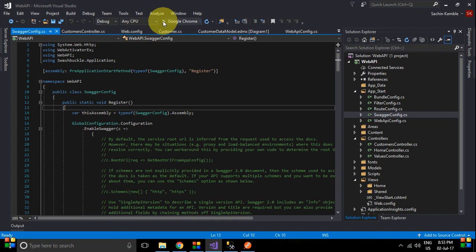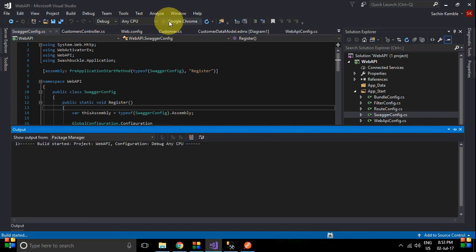Okay, so just go and run this application now. Using Swagger API you can test all the get, post, put, delete methods.